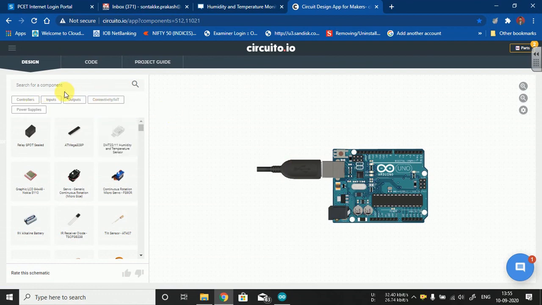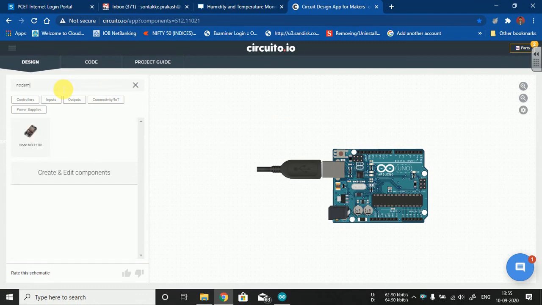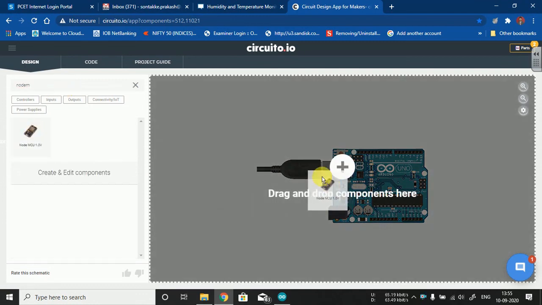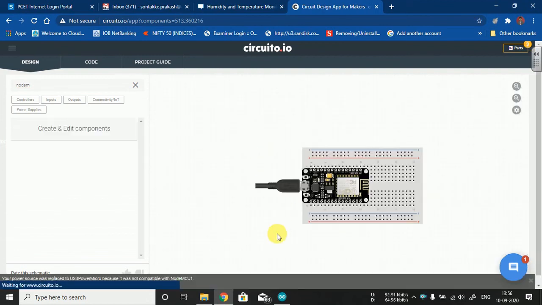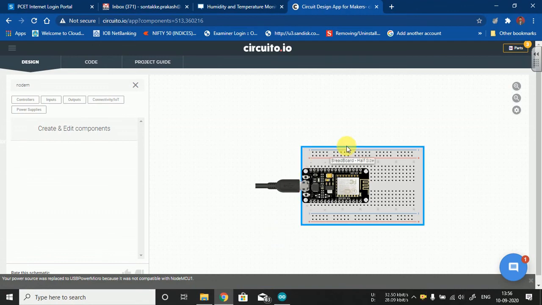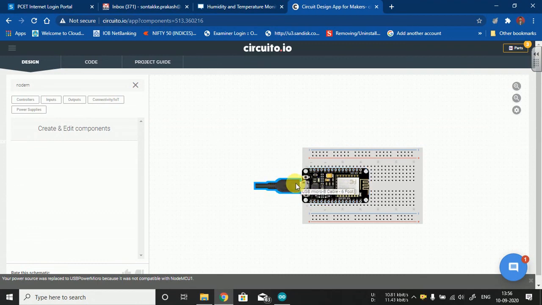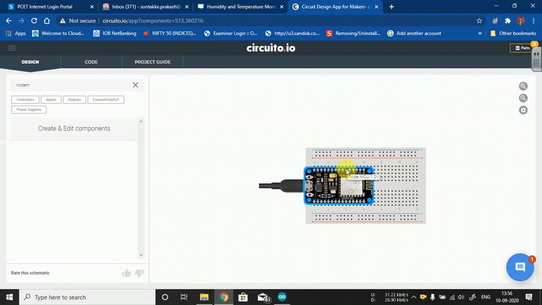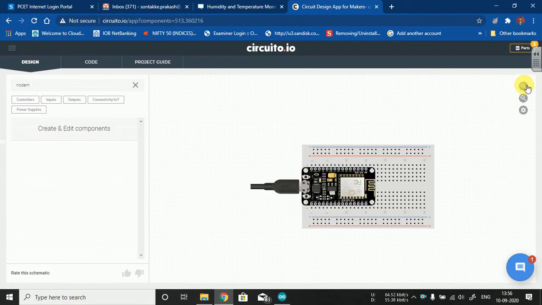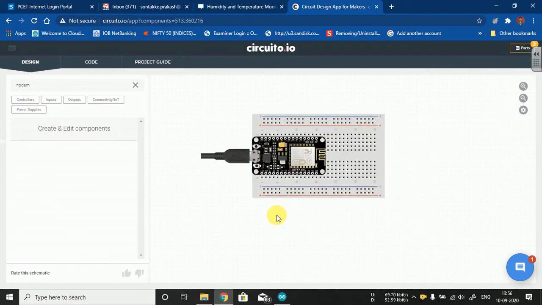Okay, so here what I need to show, I am just importing Node MCU. Simply I need to drag and drop over this working space the PCB, that is a breadboard I am talking about, the breadboard, the respective Node MCU, and the associated USB cable to power up this Node MCU will be visible to all of you on this particular platform.